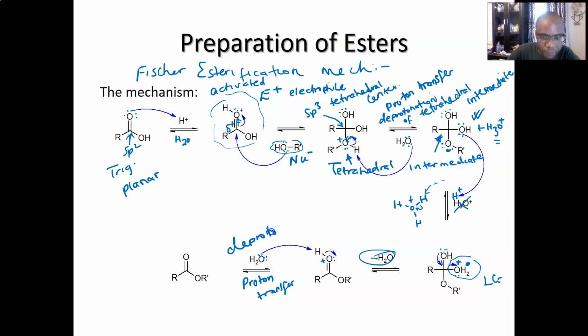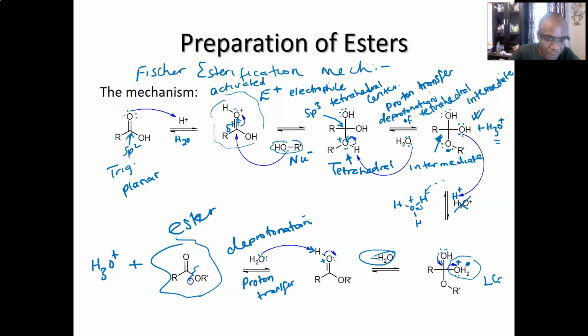So deprotonation of this hydrogen by proton transfer helps you to neutralize the oxygen. Again, because the water took out the hydrogen, you get H3O plus. So that's the mechanism of making the ester. You realize now you have OR prime, which came from the alcohol. So simply put,